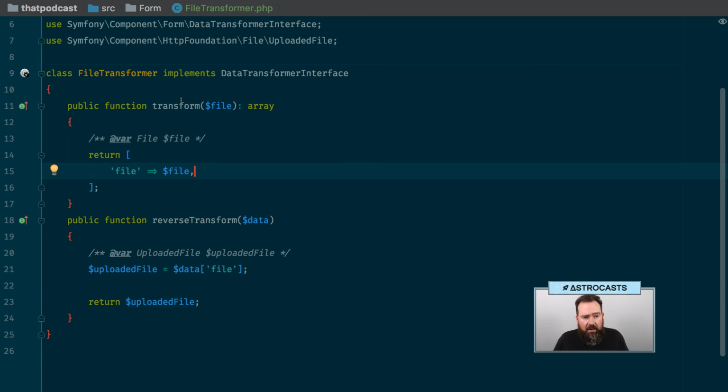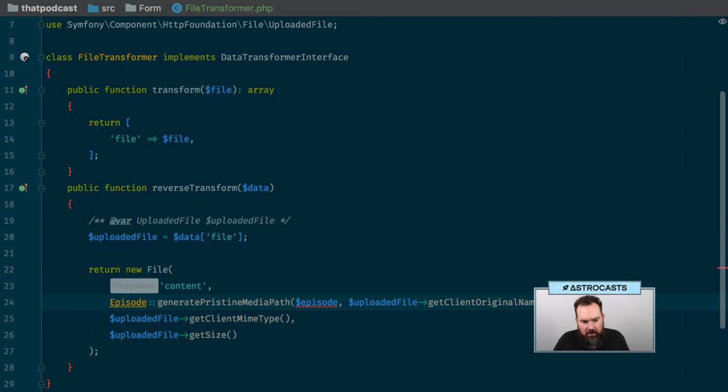So we're seeing here that it transforms the actual value for this object as a file and leaves it here. When we get the data back, it's still in data file, but now it's an uploaded file instance. So I first tried to convert the uploaded file to a proper file instance here by doing the following,